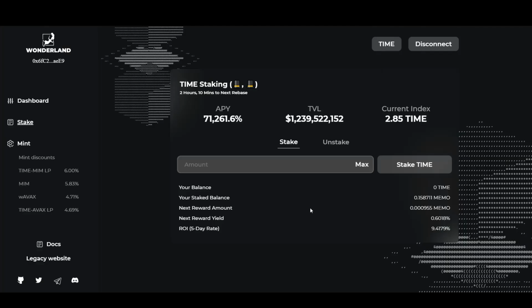So this is where I stand right now. We have 2 hours and 10 minutes for the next rebase. What's great about this is that it automatically restakes your APY. So this is all the rage right now. Time Wonderland is giving you an APY of 71,000%, which is completely ridiculous. And the way they calculate this is that I think every 8 hours or 6 hours, they give you a yield return here. So in 2 hours and 10 minutes, they're going to give me a return of